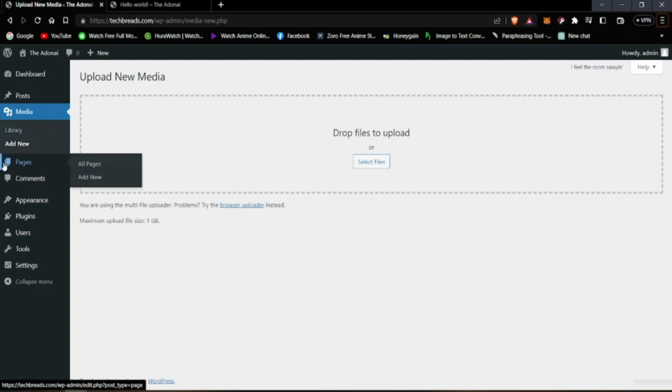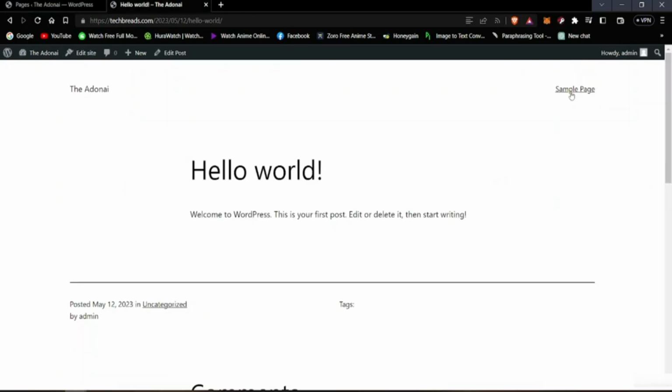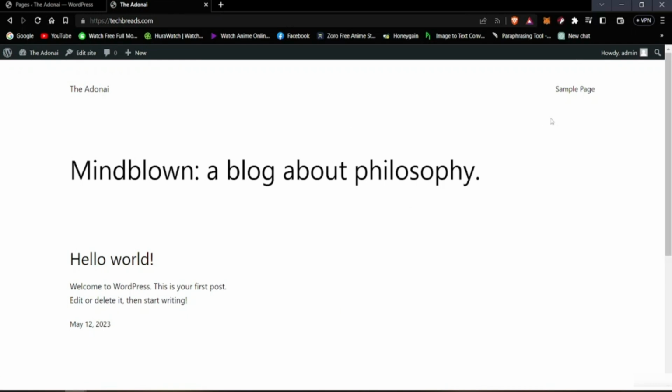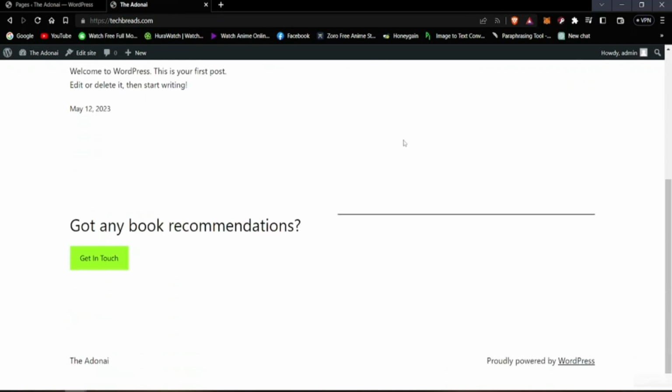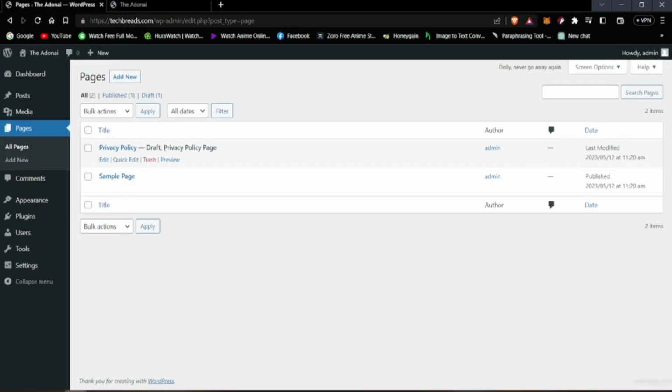So now we're going to take a look at the pages. If I click on pages, it's going to take me to this page here, which shows the pages we have right now. If I go back to our website, you can see here there's this sample page that we have, and the privacy policy is actually drafted. So if I just go to edit,